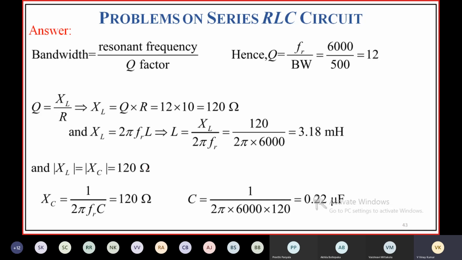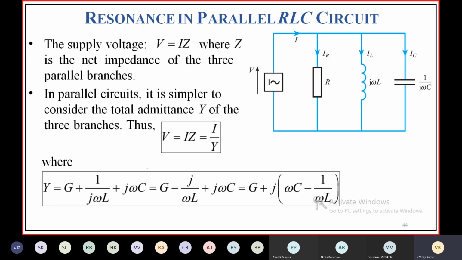Q is equal to XL by R, so XL is equal to Q into R, and then you can find the value of XL. XL is equal to 2 pi FR into L, and from this you can find L. It represents XL is equal to XC, which is equal to 120 ohms. From that you can find the value of